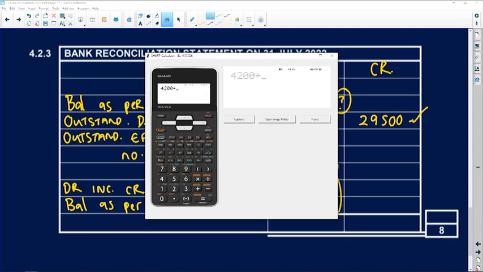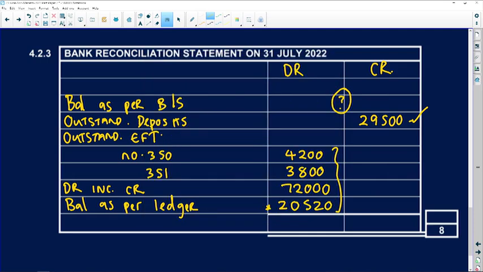Right, to this amount we are adding the 3,800, the two EFTs, plus then we had the 72,000, and finally our bank balance of 20,520, and we are subtracting what we had on the credit side, 29,500, and that gives us the bank statement, the correct balance as per bank statement. It should be 71,020. So credit